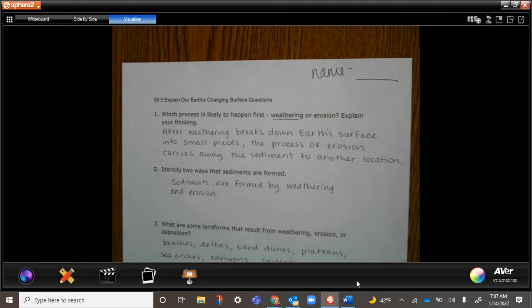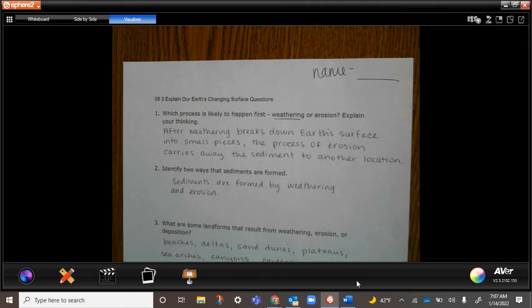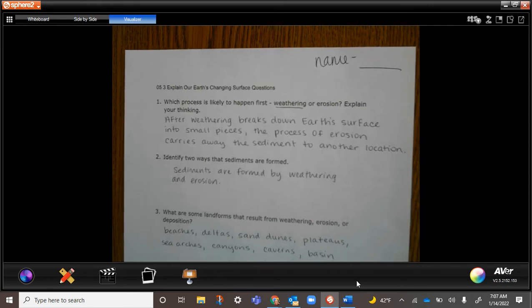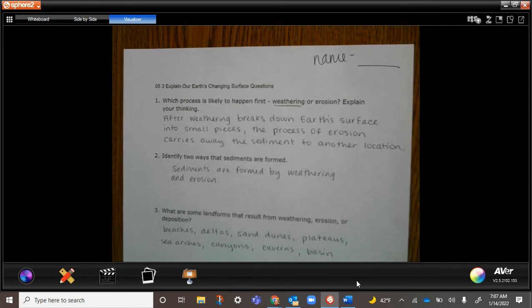And so this first one says, which process will likely happen first, weathering or erosion, and explain your thinking. So I put on there weathering. After weathering breaks down Earth's surface into small pieces, the process of erosion then carries away the sediment to another location. So weathering is that breaking. It's breaking it down into the little pieces of sediment, and then erosion will come and carry it